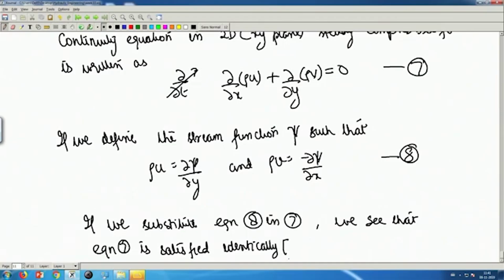Of course, the condition here is that psi is continuous to second order